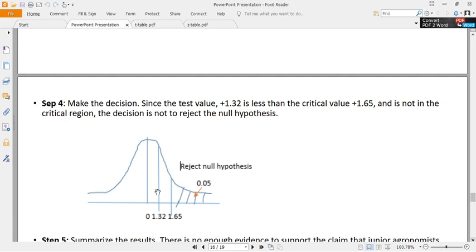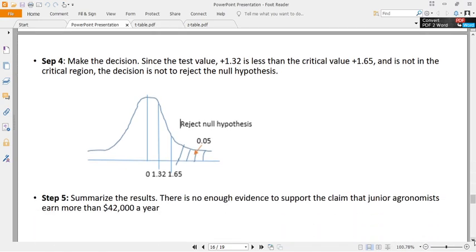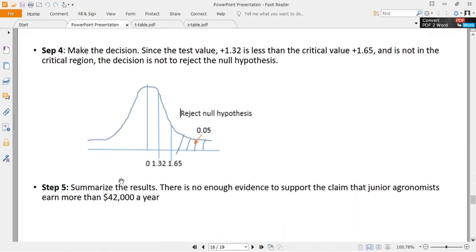And the null hypothesis said that agronomists earn less or equal, $42,000. So after that, we summarize the results, and there is not enough evidence to support the claim that junior agronomists earn more than